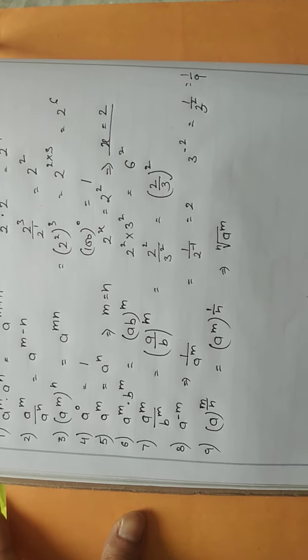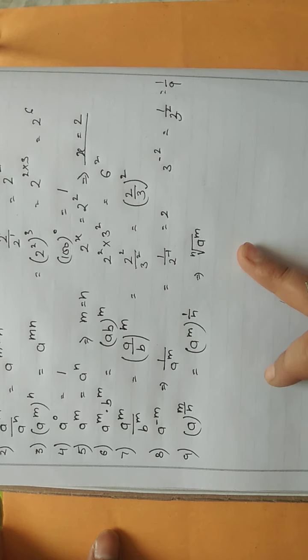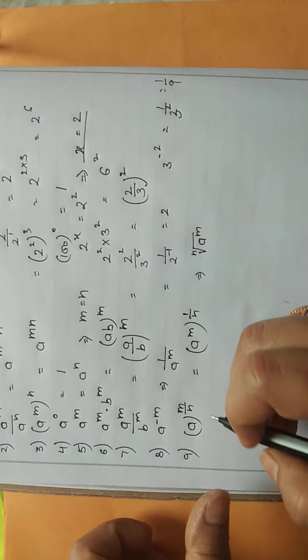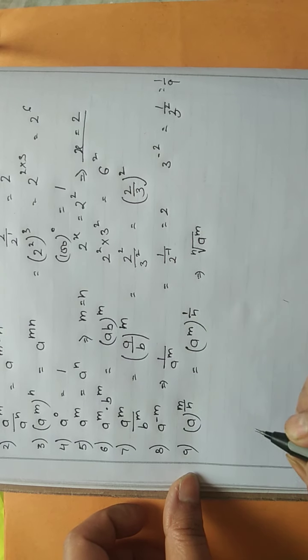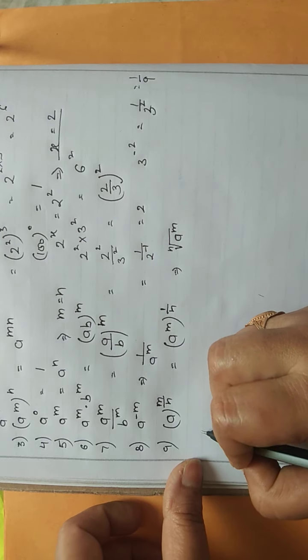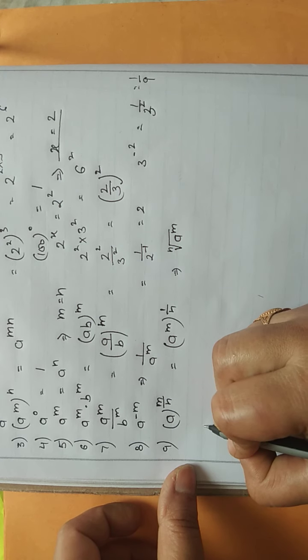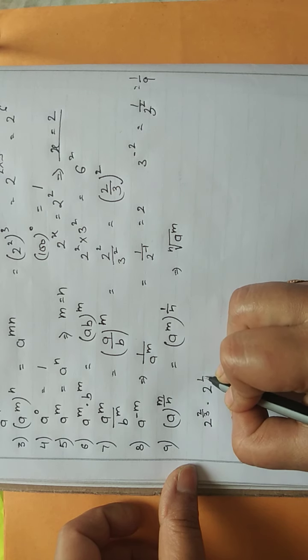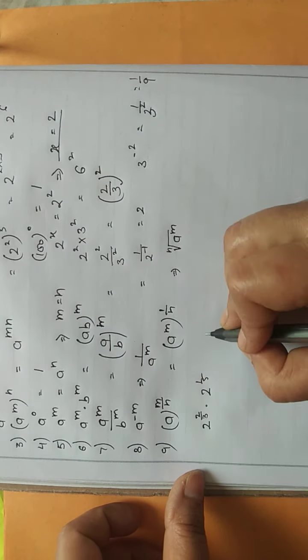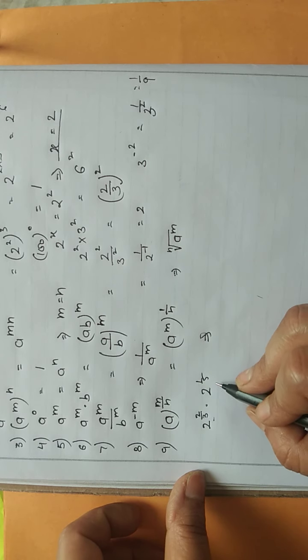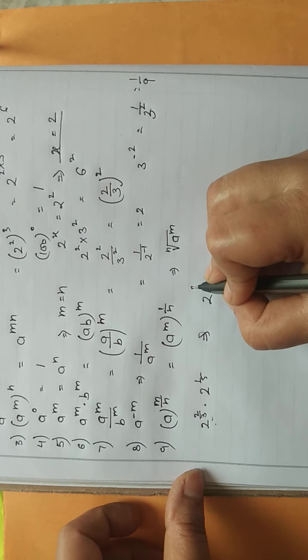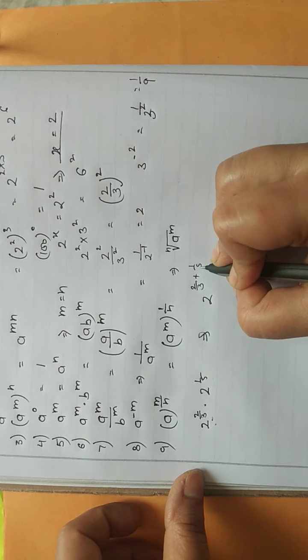Now we will discuss this rule when we are having the number as a fraction. Okay. For example, one example I will explain so that it is easier for you to get it. We are having a question: 2 to the power 2 upon 3 multiplied by 2 to the power 1 upon 5. This you have to solve. So now see how you will solve. Powers are same. Sorry, bases are same, so powers will be added.